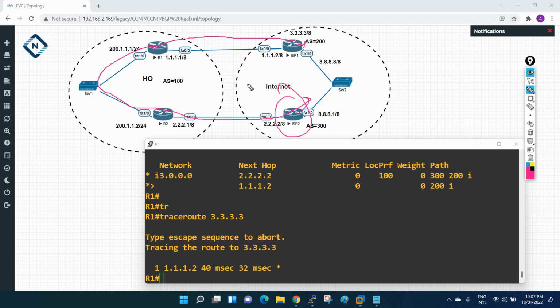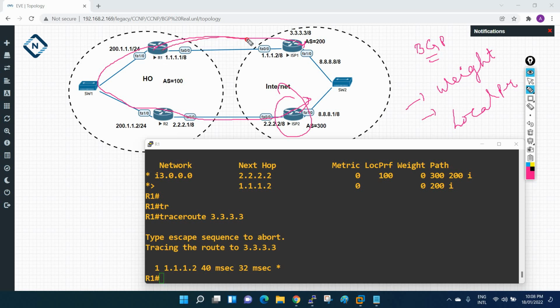In our next class we are going to check that. We are going to play with the BGP attributes to make modifications in the traffic. Just remember, we will use the weight, and we also have one more thing, local preference. We will use these two things to modify the outbound traffic.